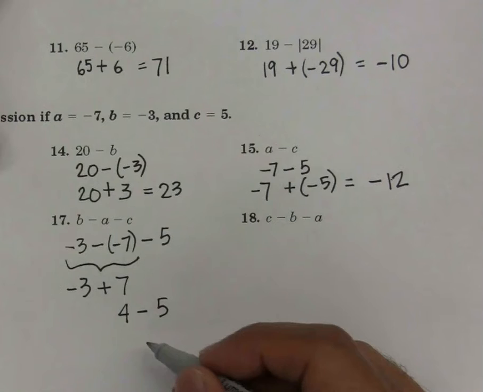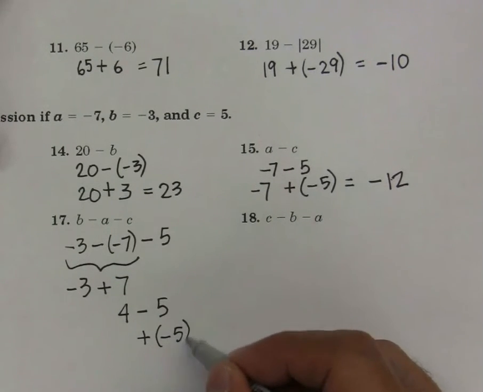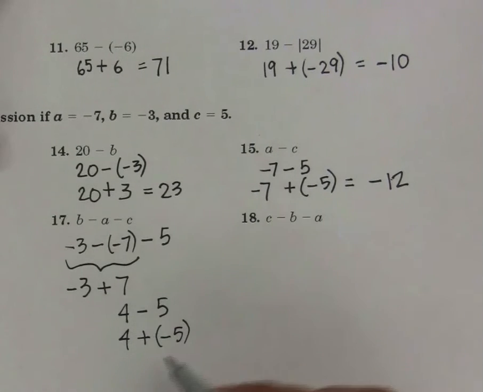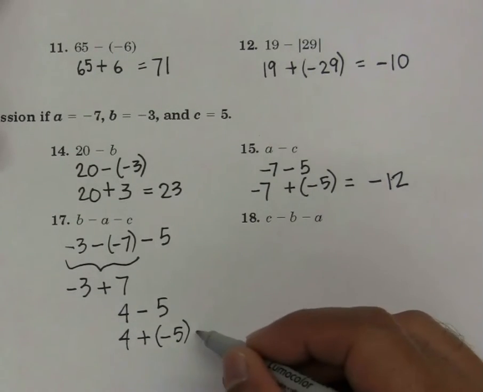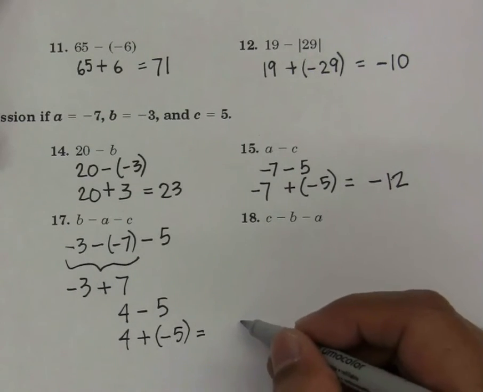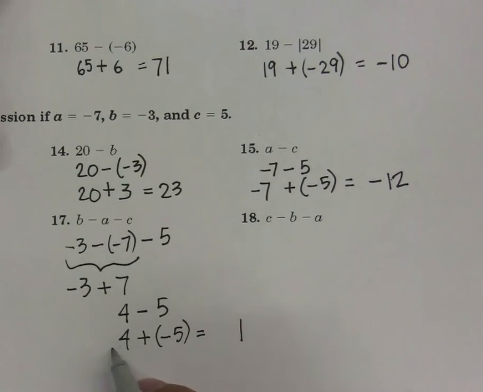To subtract, add the opposite. 4 plus negative 5. Different signs, I subtract. 5 minus 4 is 1. And I keep the sign of the larger absolute value, which is this one, negative